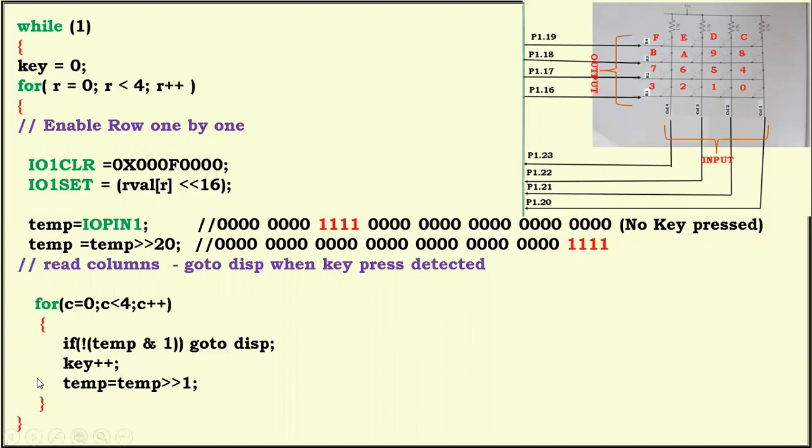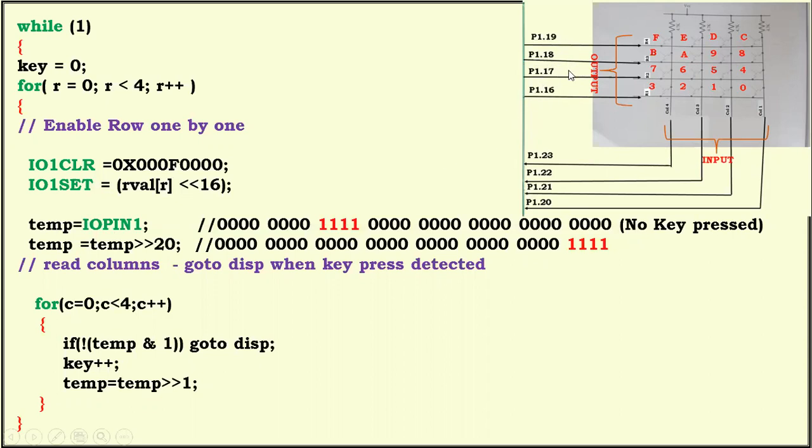Then after coming out of this inner for loop, it will go back. Then increment the value of row. Row becomes 1. Then 1 less than 4, true. Then it comes here. Then clear once again. Then get the row value, that is rval of 1. It's going to get the scan code. Actually, we know that we have 1101. We need this data. We'll get that data, then shift that data towards left. How many times? 16. Then the shifted value is written in the port set.